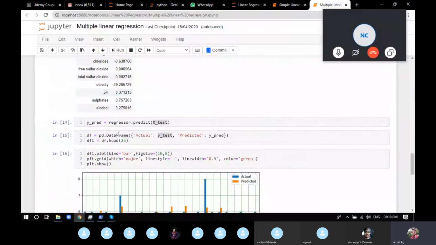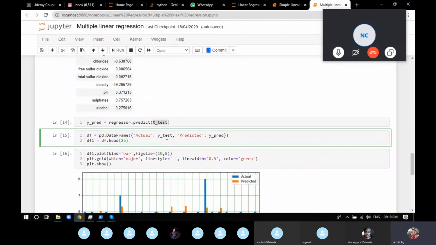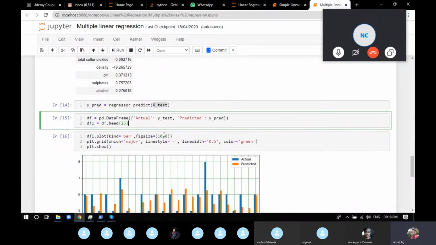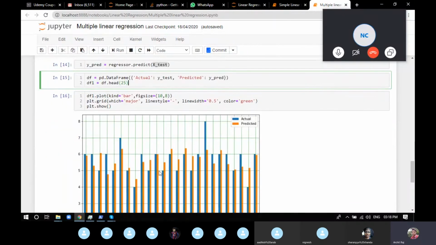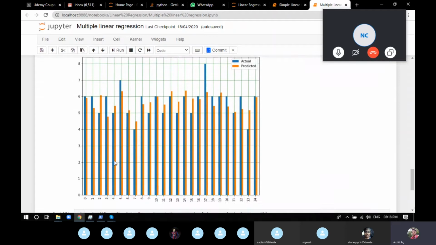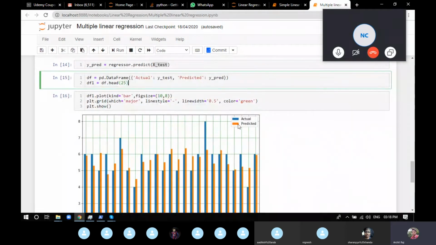Now we use X_test to guess the answers, and we're going to compare. y_test is the exact answer for X_test, and y_predict is the answer for X_test predicted by the model. Again, we plotted the same data frame. We can see blue is the actual one and yellow is the predicted one.